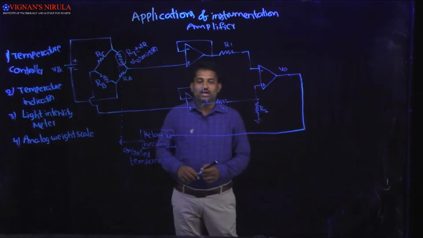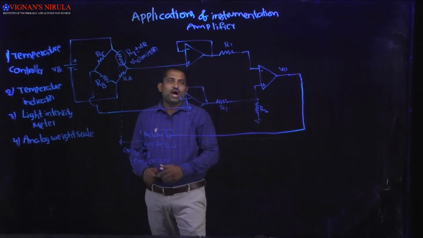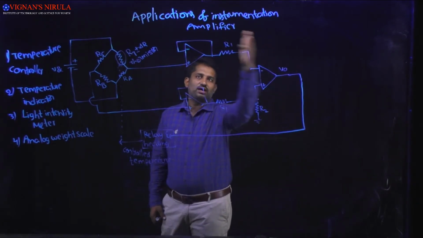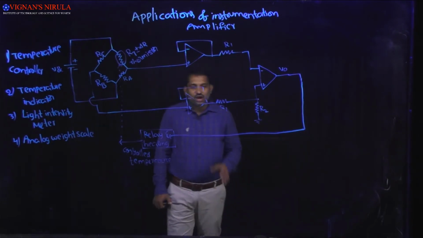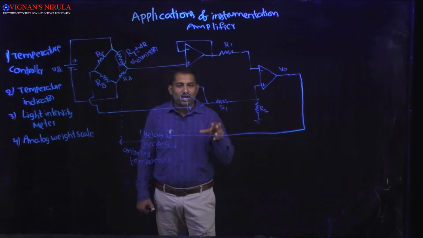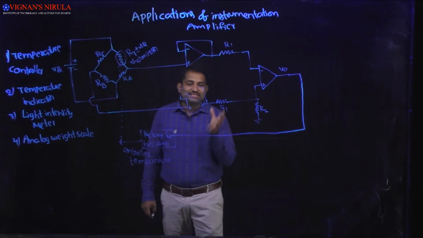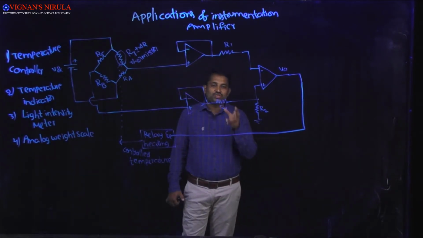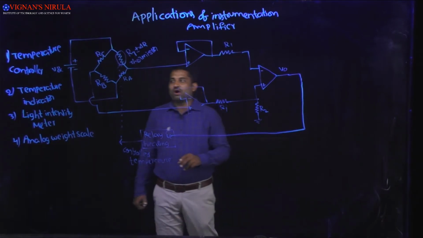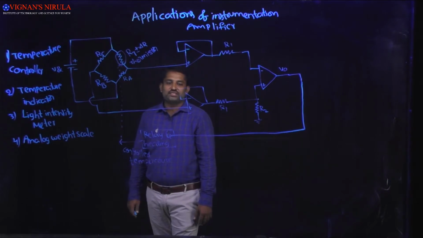First, coming to the temperature controller. In this circuit, we all know that the 3 op amp combination is nothing but the instrumentation amplifier, and you are very well aware of why we use instrumentation amplifiers: to amplify low level signals. Now here the thermistor is placed at one of the arms of the transducer